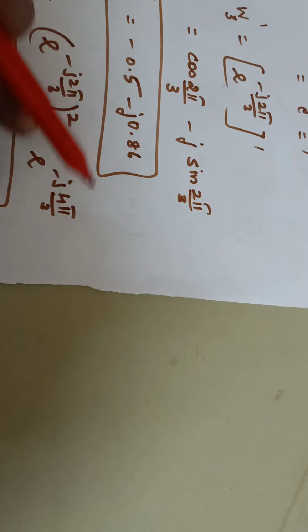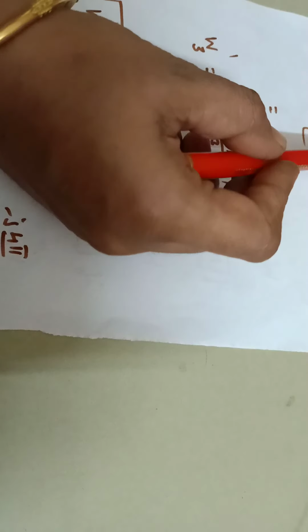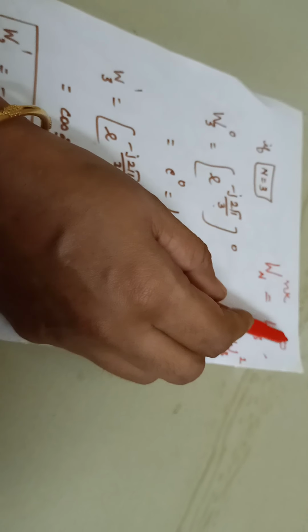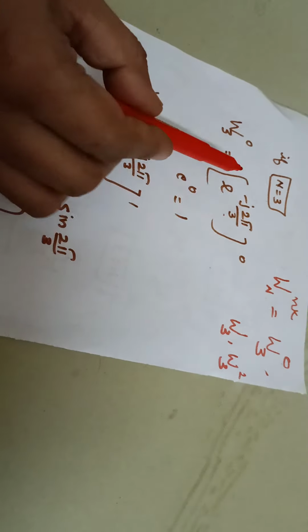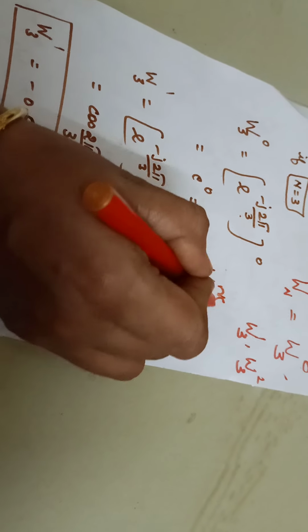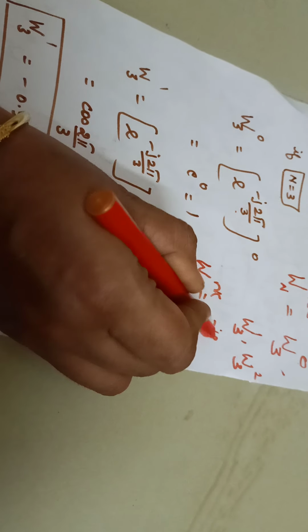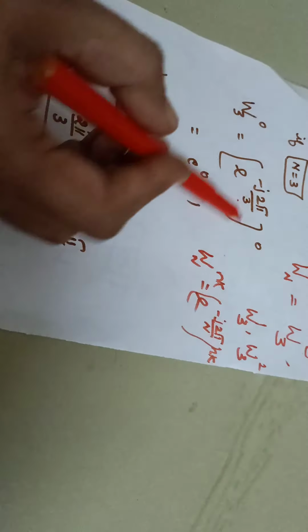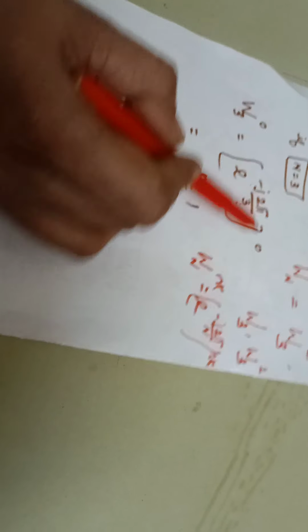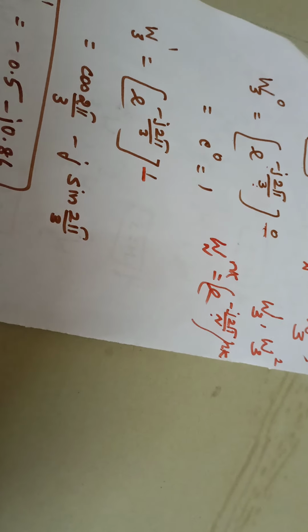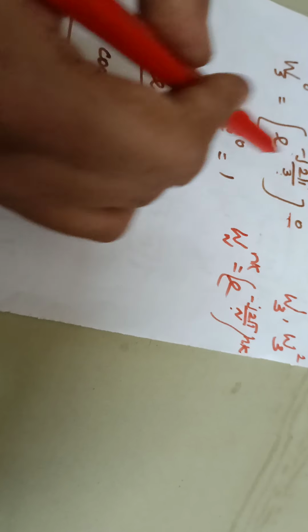Now one small example we'll see: what happens when N is equal to 3. If N is equal to 3, we know WN power nk, we can write this as W3 power 0, 1 and 2. Correct? So just substitute in the formula WN power nk. What is WN power nk? e power minus j 2 pi by N power nk. So we will get e power minus j 2 pi by 3 power nk. What is nk? 0. Next nk is 1. Next nk is 2. So for 0, e power 0 is 1.